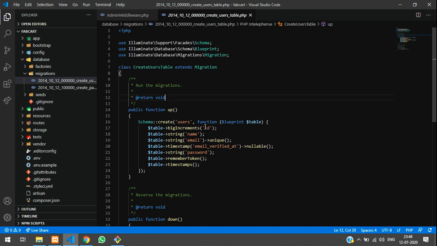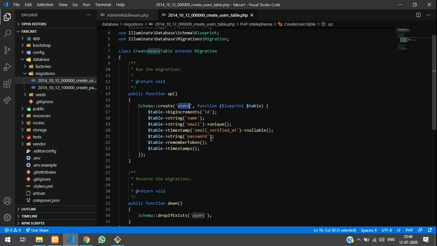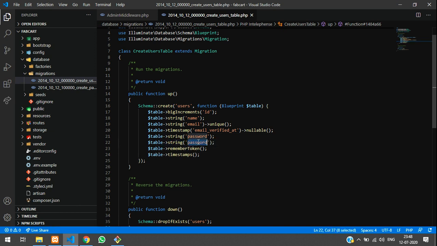Okay, so this is our user table, and below this, after the password, I am going to copy this line and paste it again and call this role. Or else you can give user type also, anyhow. I'll just mention this as role.